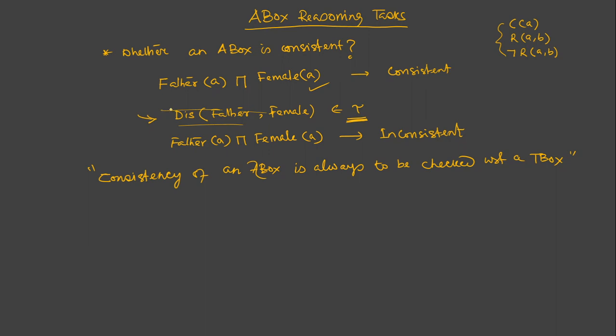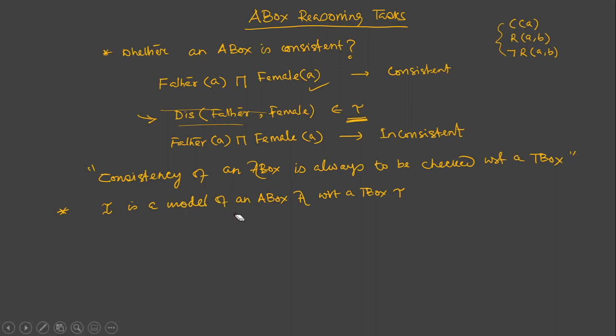And again that should be defined with respect to the T box T. So I is a model of an A box A, of course with respect to our T box T,